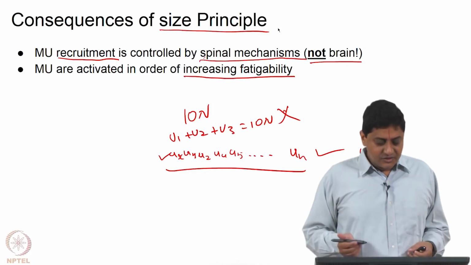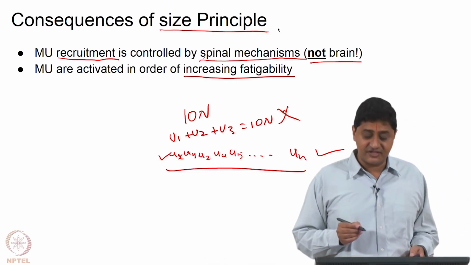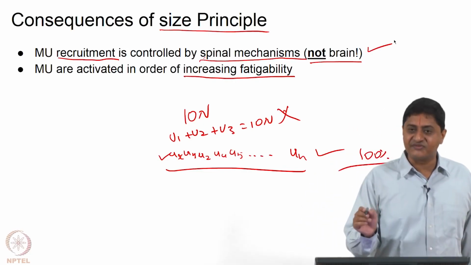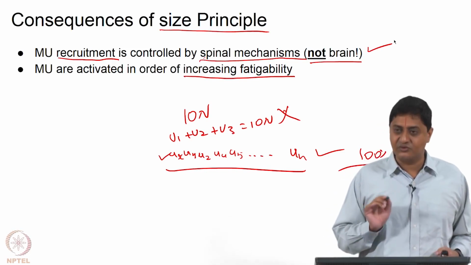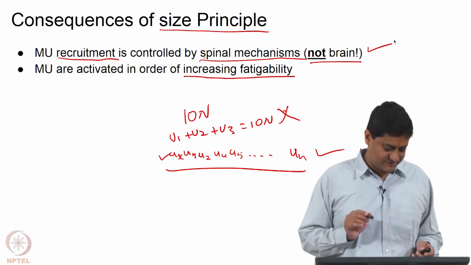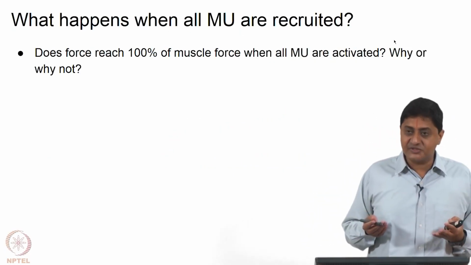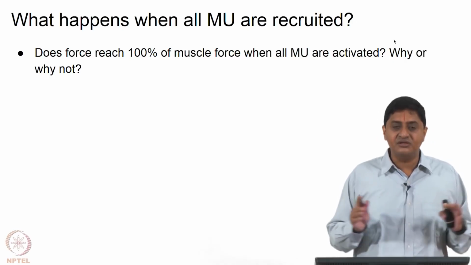Okay. So, we said that these are the two important consequences of the size principle. This is most important: the brain cannot control specifically which motor unit is fired. The brain cannot do that, it is a spinal process. Suppose I recruit 100%, suppose I have 100 motor neurons or 100 motor units, I have